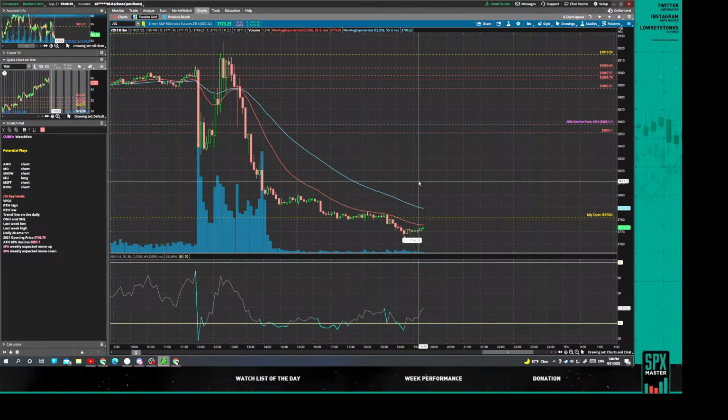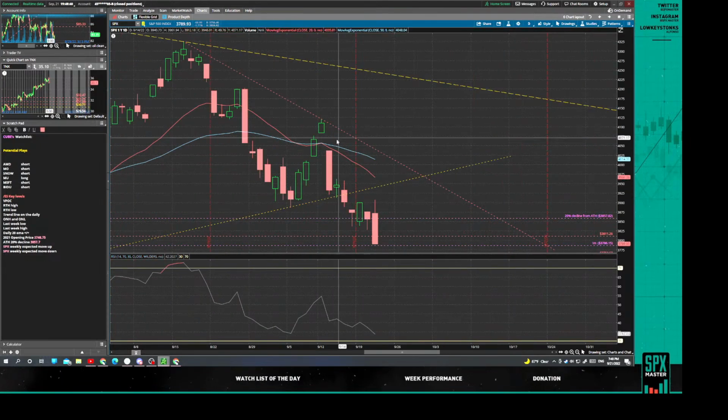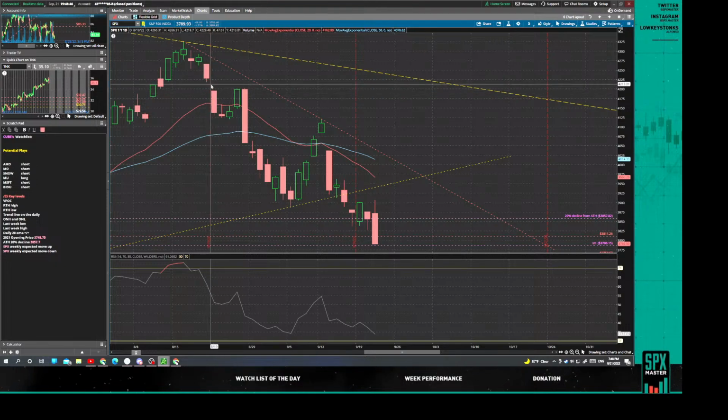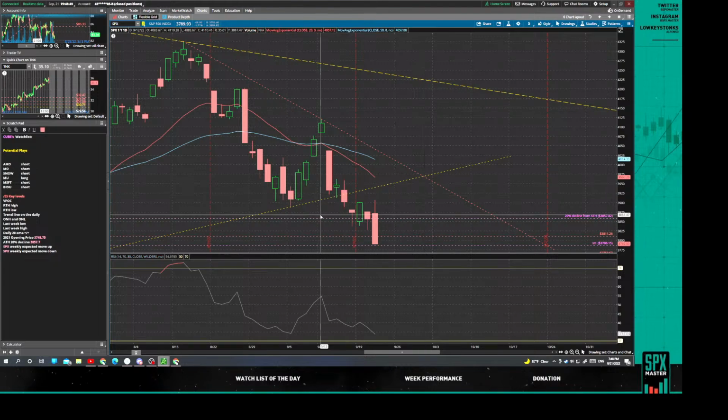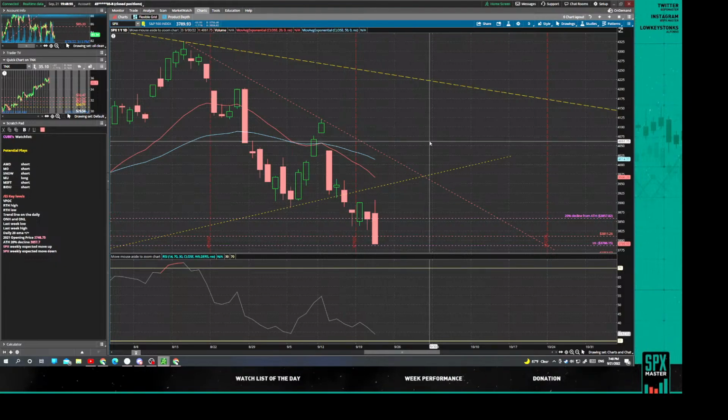on any gap down day there was always a chance to shoot for the gap fill before a new short. But lately, if you look at SPX, the market opens lower on a gap down and then continues lower. So you cannot rule out that possibility, on this day and this day right here. The market opens lower and continues lower. There was a little bit of a gap before. So don't rule it out. Be nimble, guys. I'm going to do some homework, but everything is itchy, man. I want to short the market to the ground.